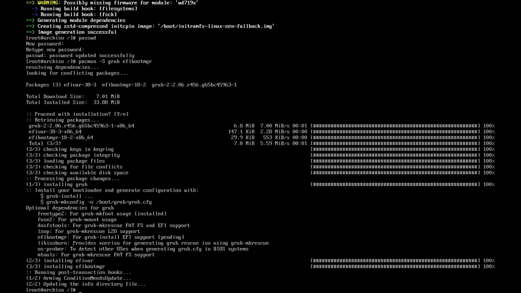And now that we've installed grub, we're going to run, now keep in mind, we didn't install grub, we installed the package. We're going to run grub-install --target=x86_64-efi. Then we're going to do --efi-directory, and we're going to do /boot/efi, and then we're going to do